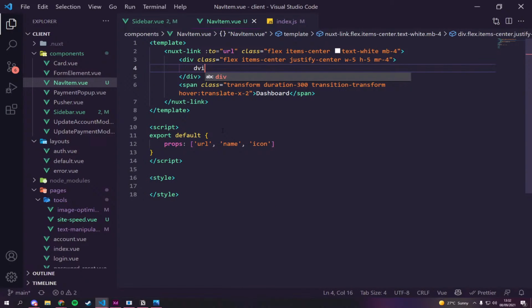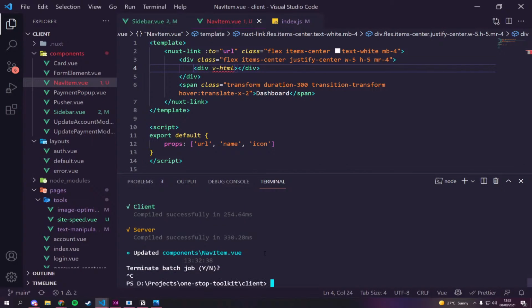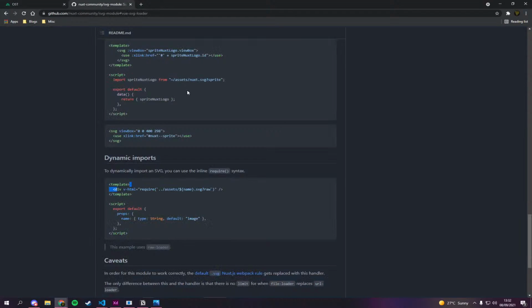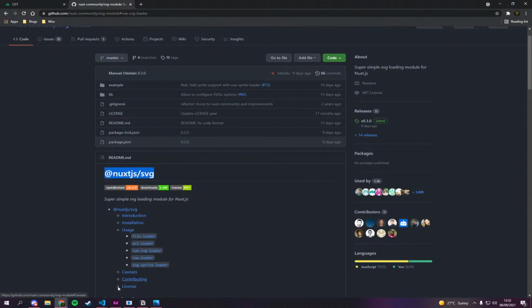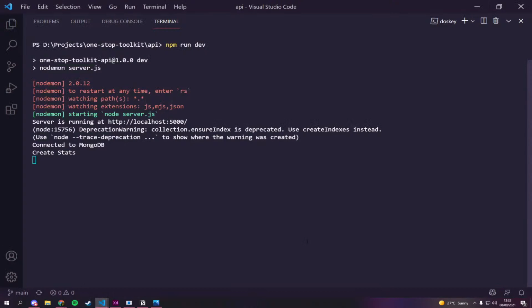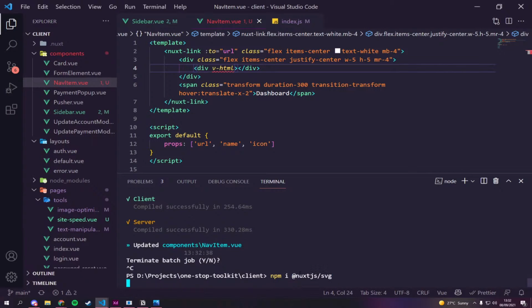So here, I want a div with the HTML. And this is where we need to install something new. So let's stop this here quickly. Let's go here, and this is why I had this open. So I need Nuxt SVG. Let's copy that, come back to this one. And we're just gonna say npm install nuxt-svg.